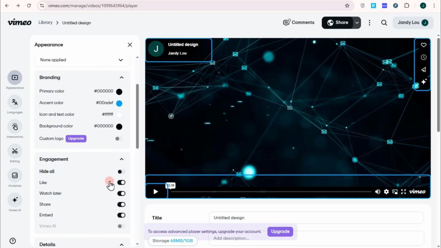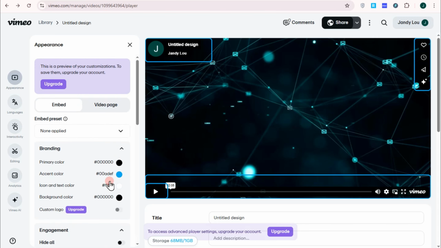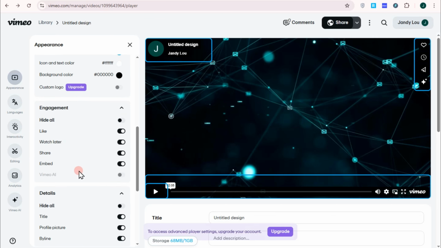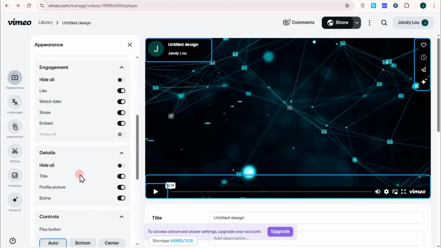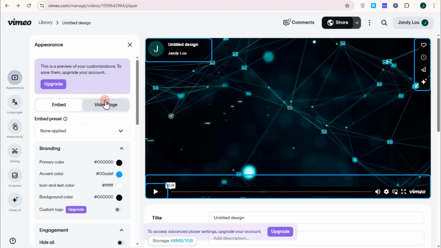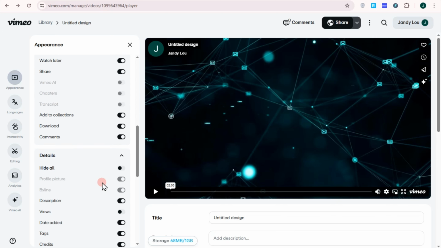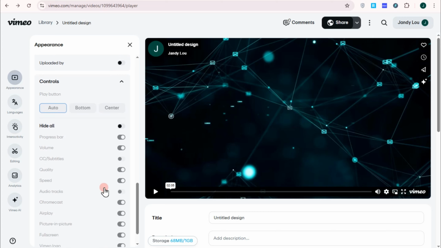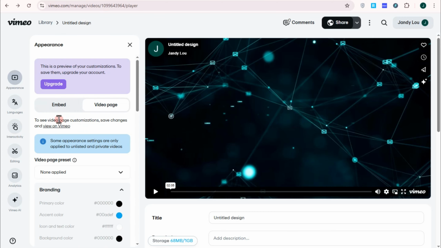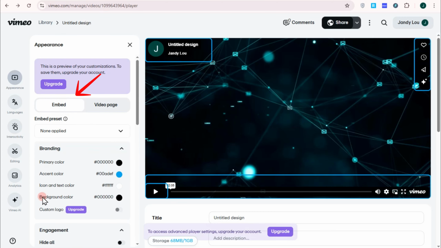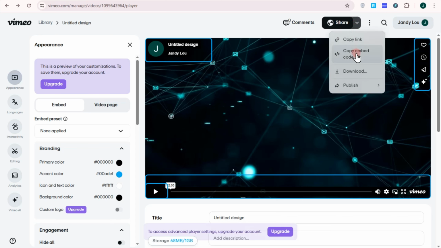Once you tap auto here, what you're going to do next is click the share button above. You have to click this and look for the copy embed. So you have to review everything. Now, if you go to the video page, nothing is here. So you just have to focus on the embed code. Tap on embed code, make sure that you have tapped on auto here, click the share, copy embed,